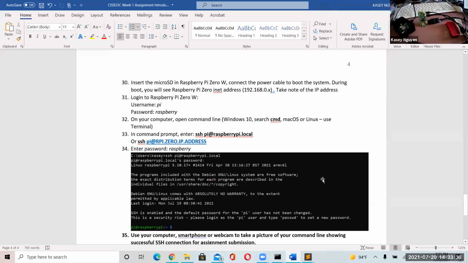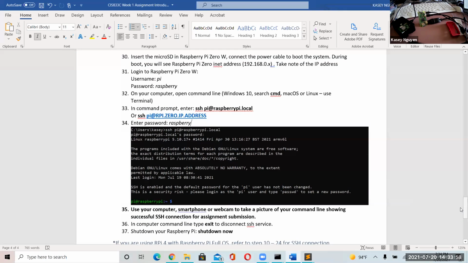So in the assignment, it shows you that you can SSH into your Pi without knowing its IP address using the host name or the IP address. And then you would need to enter the password. You have to press Y to accept and generate the key. Now, if for some reason down the line when you try to connect to it again the key doesn't work, then you have to delete the key and then reestablish the connection again by doing SSH